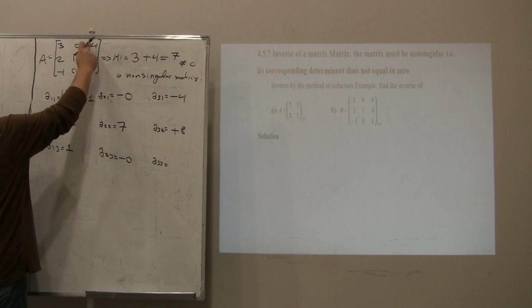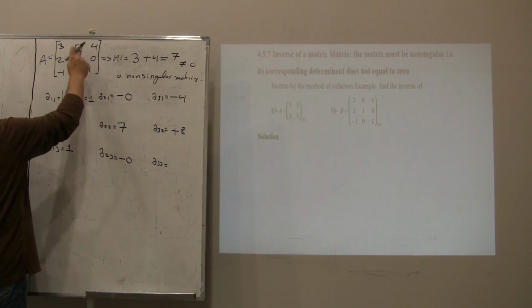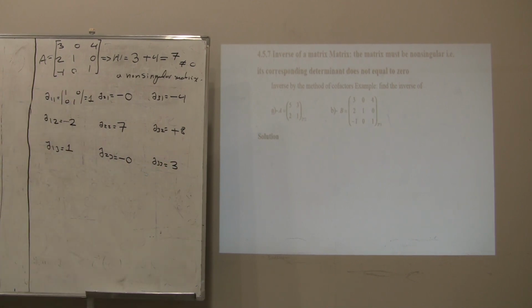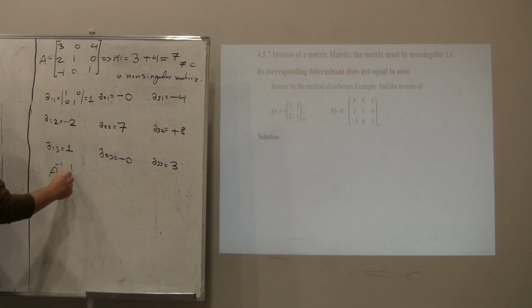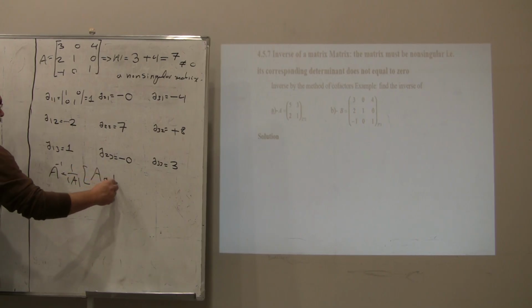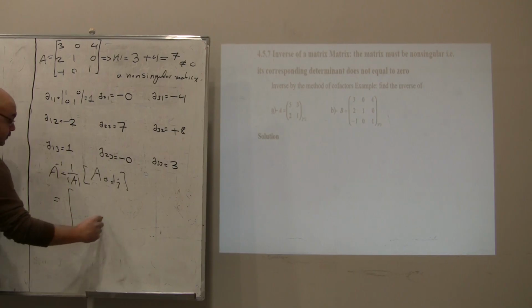I will go for the last one. Eliminating row and column. 3 times 1 is equal to 3 minus 0. So the number is 3. These are the values of the cofactors. I will put them all in one matrix, which is called the adjoint matrix. So the inverse simply is going to be 1 over the value of the determinant times the adjoint matrix. So simply it's going to be